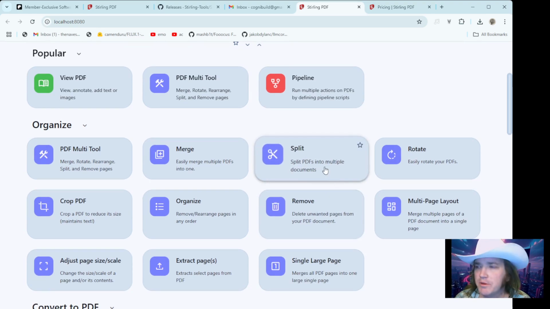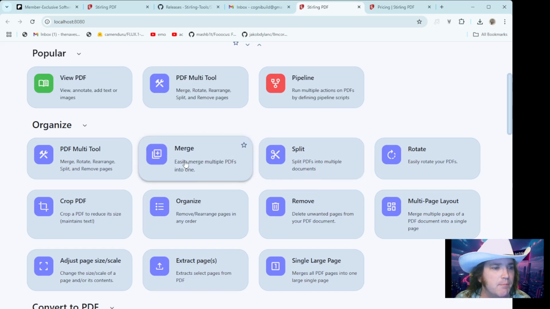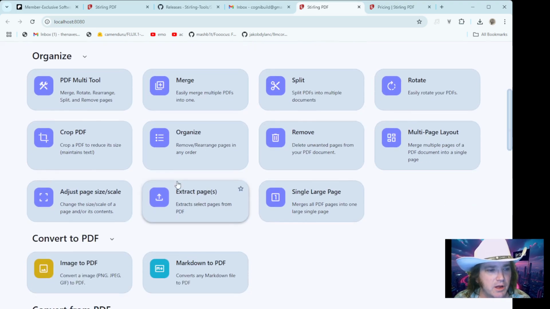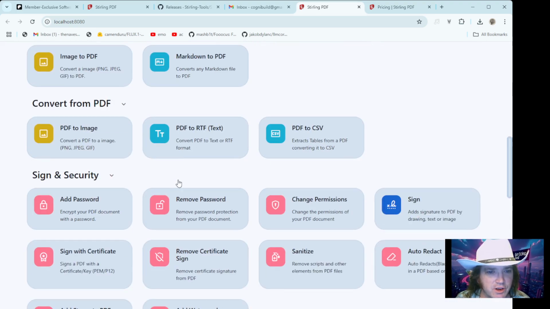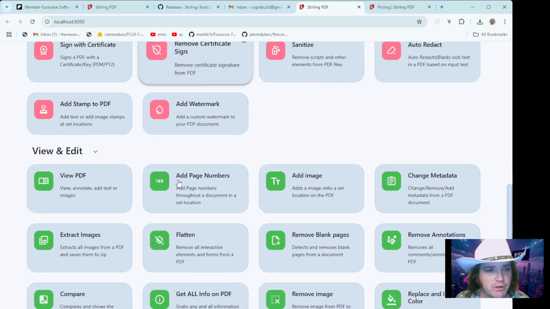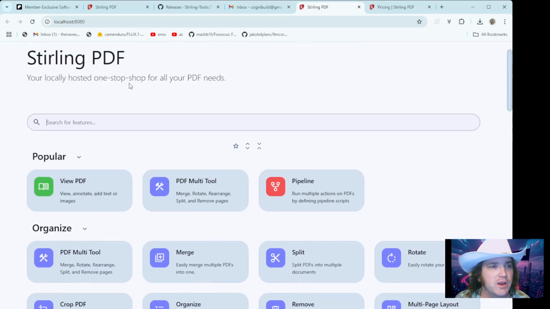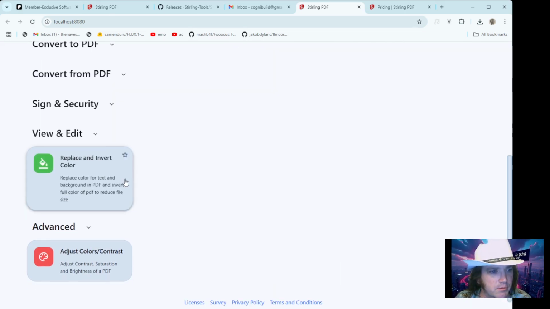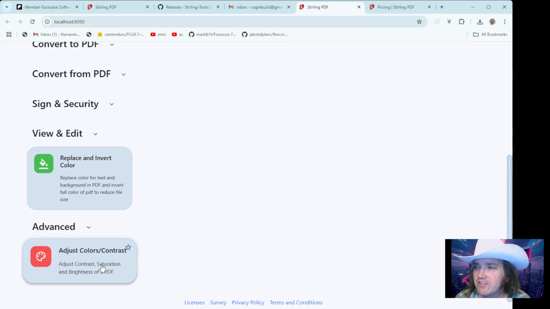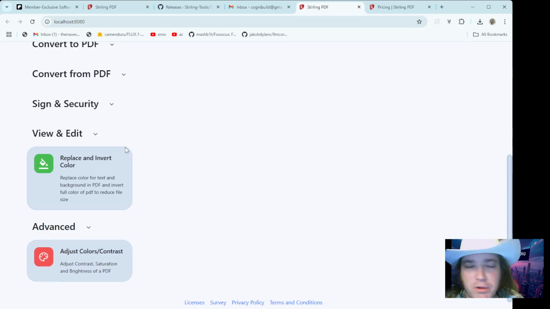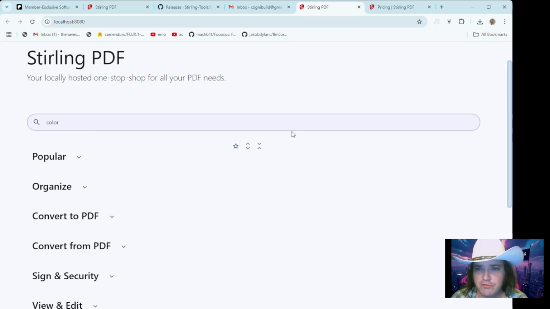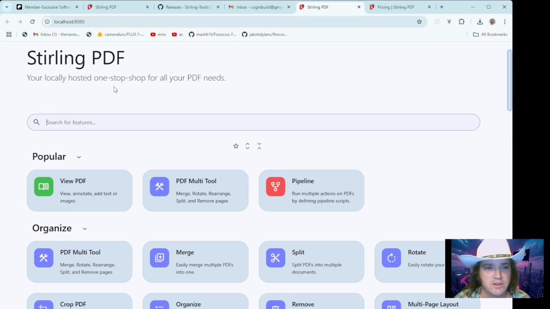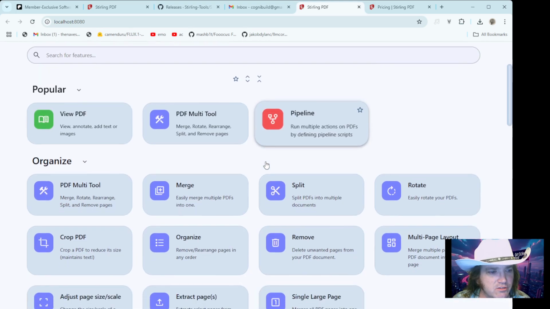Again, splitting documents, PDFs, very difficult to split a PDF, but here you can do it very simply. Merging them, you can crop them. They've even got some strange stuff in here, which I guess would be more for PDFs with pictures, but you can actually change the colors. Yeah, replace, invert colors, adjust the contrast. So let's play with a couple of these. This really is an all-inclusive software here. You've got it all. So let's go ahead and